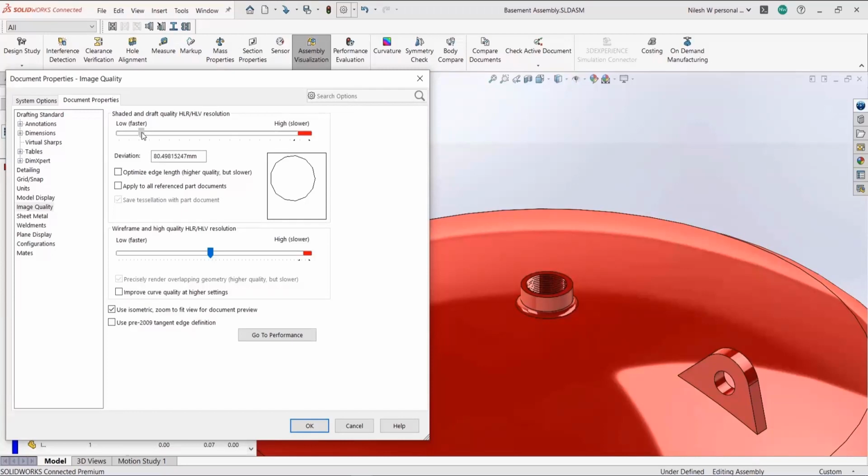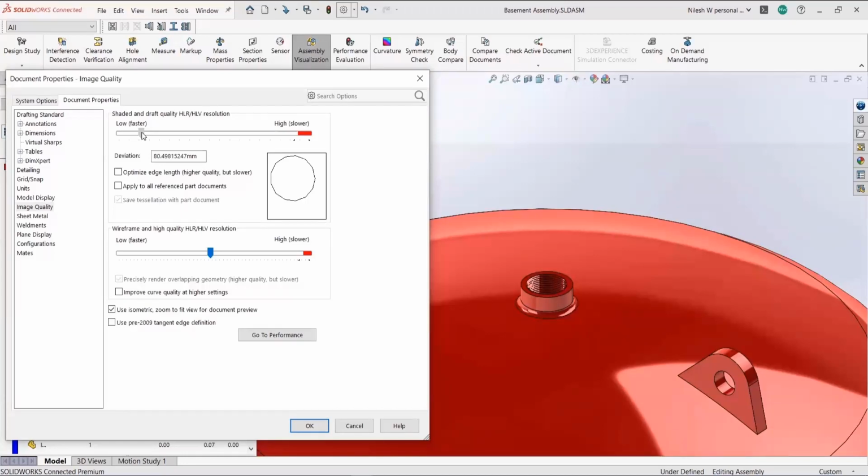You are not showing this one to someone else, or presenting this one. So that circle may be an octagon, but still it is a circle, so you can work on it. I observed in many industries, they put this scroll bar all the way on the right side, at higher, and